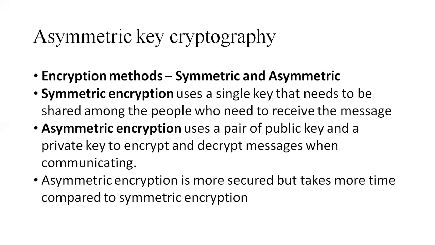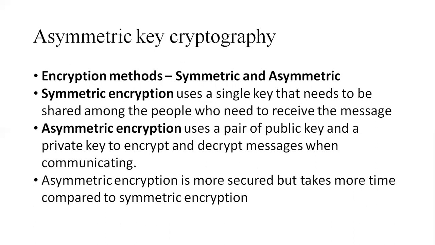So the basic difference between symmetric key encryption and asymmetric key encryption is, in the case of symmetric key encryption, there is a single key. The same key has to be used by both the sender and the receiver. The sender uses the key to convert the plain text into ciphertext, whereas the receiver uses the same key to convert the ciphertext back into plain text. But asymmetric encryption is based on two different keys. One is a private key, the other one is a public key.